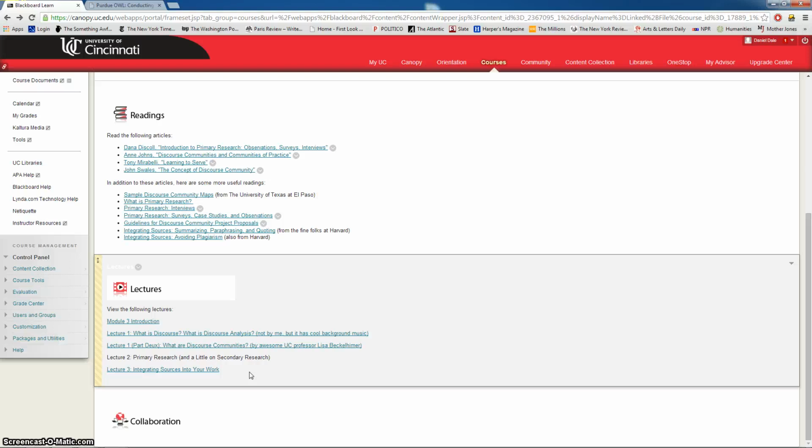But just keep in mind that, one, you have to do primary research of some kind for this paper, and two, the secondary research that you do will primarily be looking at documents and communication of the group that you're looking at. So it may not have a lot of the scholarly research that you may have done in a lot of your other papers. But like I mentioned, if you have any questions, email me, Skype with me, post on the discussion board, and I can answer them for you.